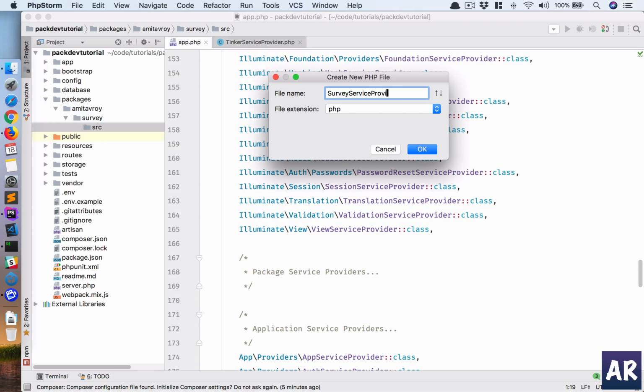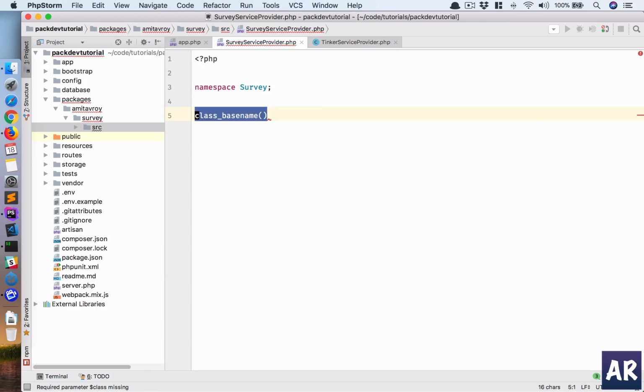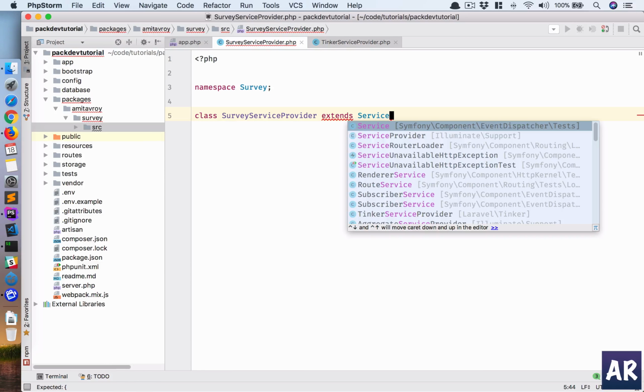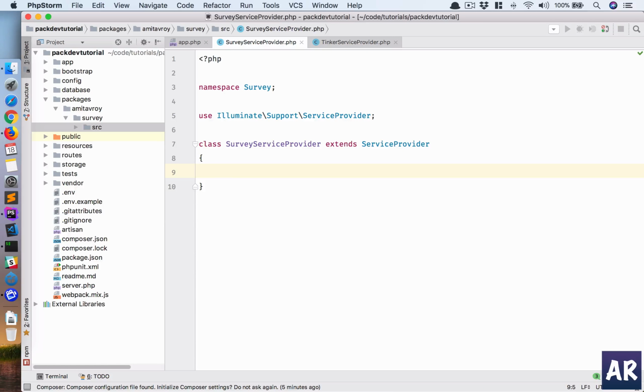SurveyServiceProvider. Okay, I'll namespace it to Survey. I can also do Amitav Roy, but I don't want to do that right now. It's Survey. Okay. And class SurveyServiceProvider should extend ServiceProvider, which comes as part of the Illuminate Support package. Okay, yeah, that's something